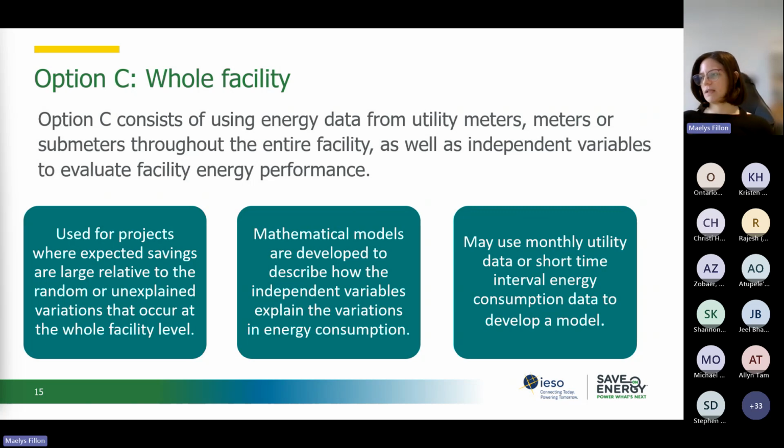And so what happens with option C, we're developing what we call mathematical models, usually regression analysis, to describe how our variables are explaining the variations in energy consumption. So in the absence of any energy savings measure, you would still have some variation. And so we're trying to correlate these variations to our variable. And just to demystify this a little bit,